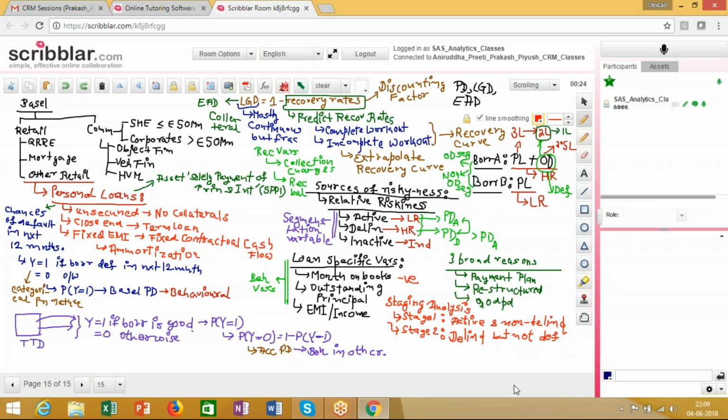Delinquent, but not defaulted. So basically, this is where staging analysis comes in, right? Stage one is active and non-delinquent. Stage two is delinquent but not defaulted, and stage three,